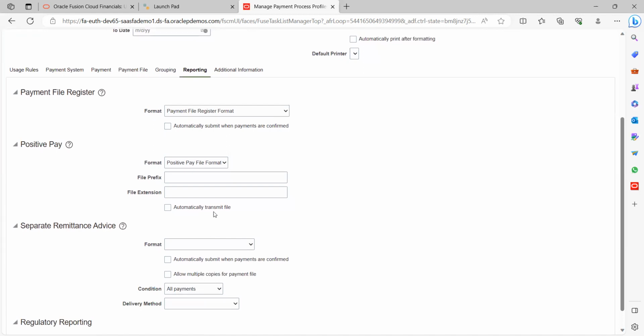See here, automatically transmit file. If you select this checkbox, what will happen? The moment I select this particular option, based on the configurations, let's say for example the MFT server and SFT servers, which have already been configured on the application,